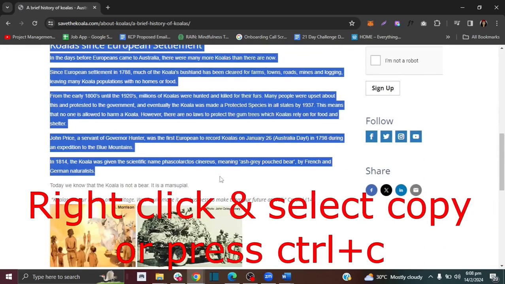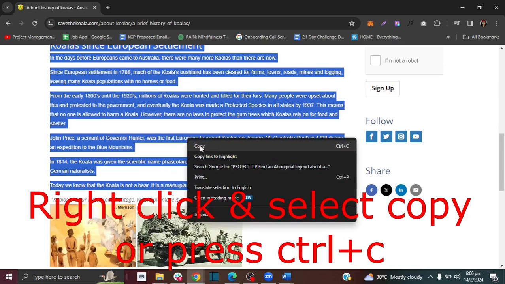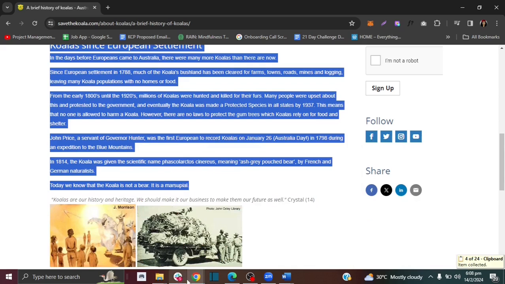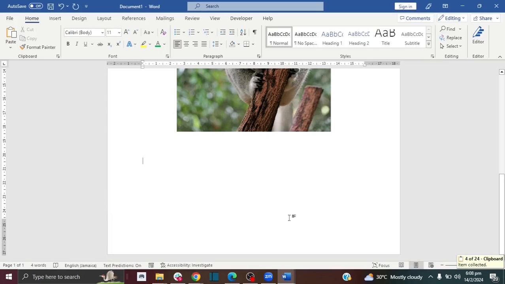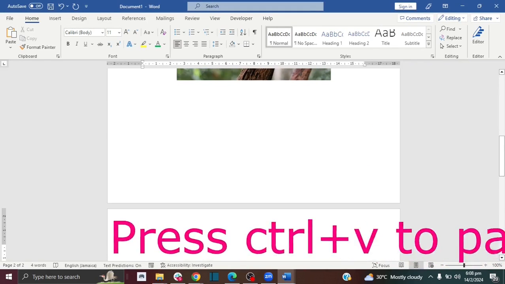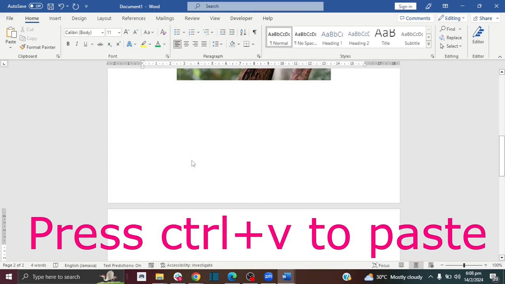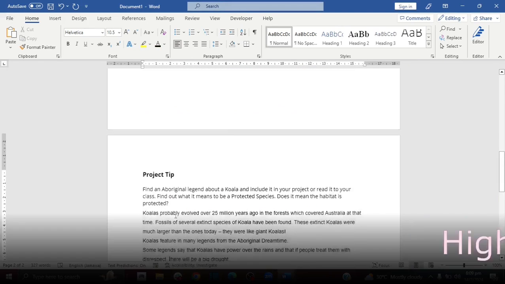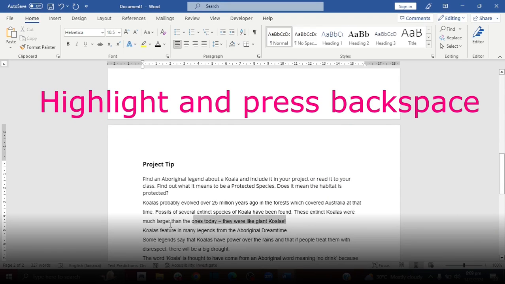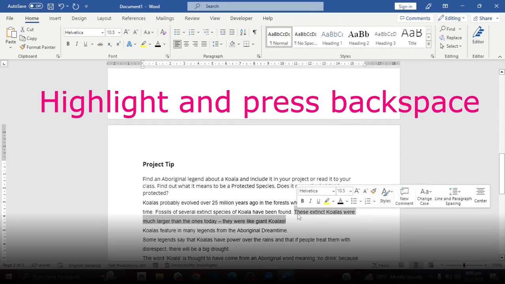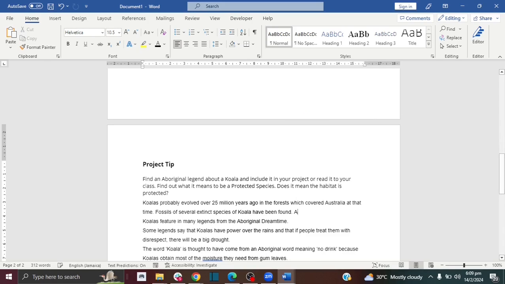I'm going to copy my text, so I just highlight it, and then I'm going to right click and then copy. Or on your keyboard you can press Ctrl and C to copy it, and then I'm gonna paste this text in my project, but I'm not gonna put it on the front page. I'm gonna put it down to the second page, so I just keep pressing my enter button on my keyboard, and then I paste it in. And then you can go in and you can remove text by highlighting and clicking the backspace key, or you can add new text